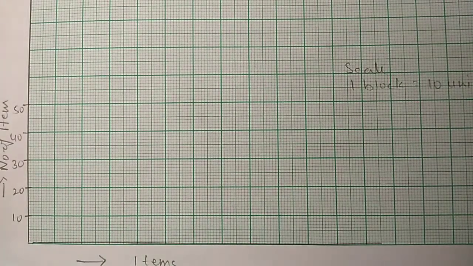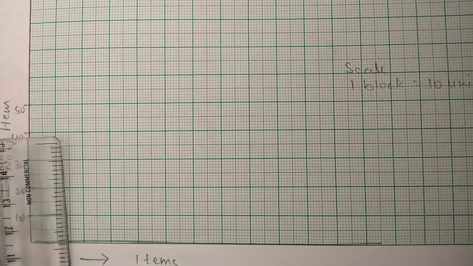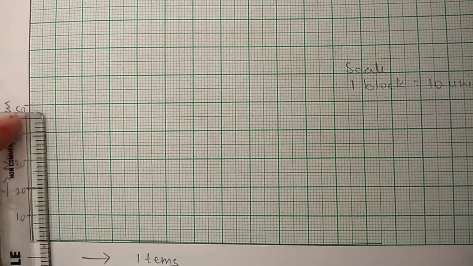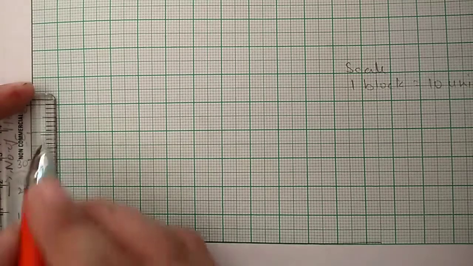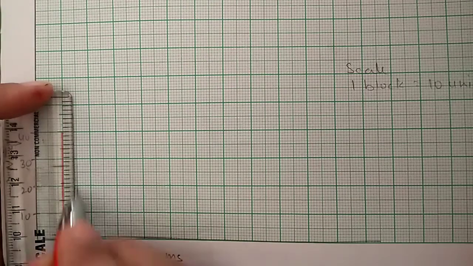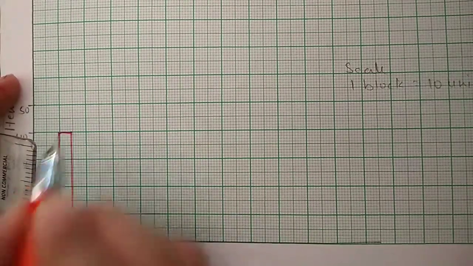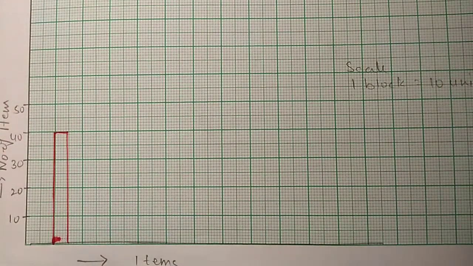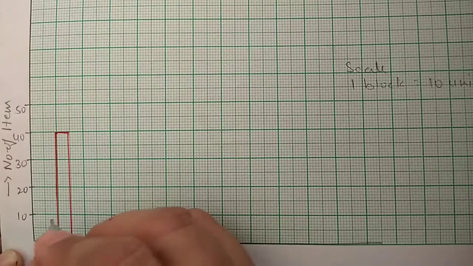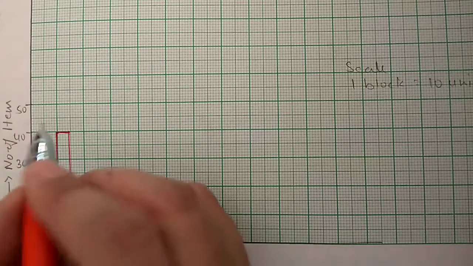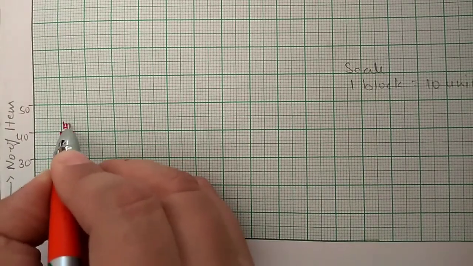Now first we will represent information about store A. Because we have two stores' information here, we can use different color pens also. So in store A, grill has sold 40. So grill is 40. You can decide the width also. If you want thin, then you can make it thin. Otherwise you can keep it long also. So this is for store A. And here you can write how many sold, 40.